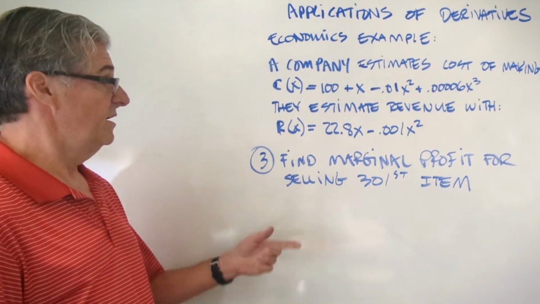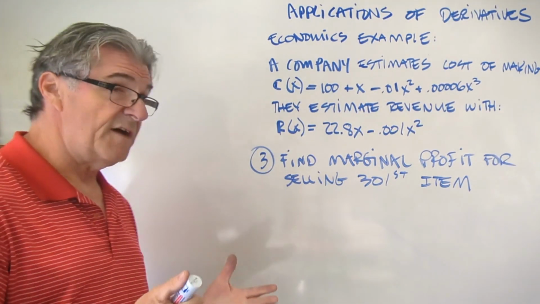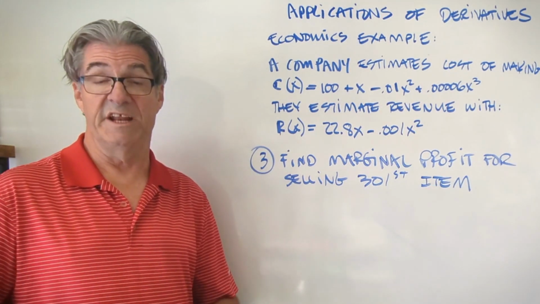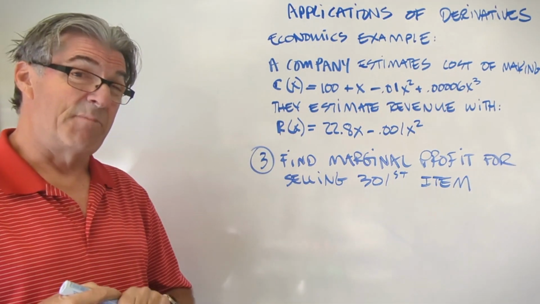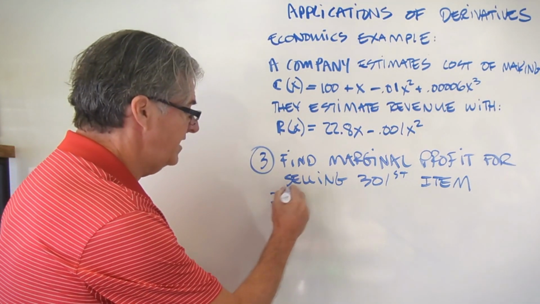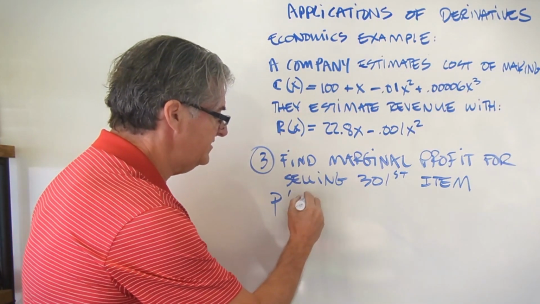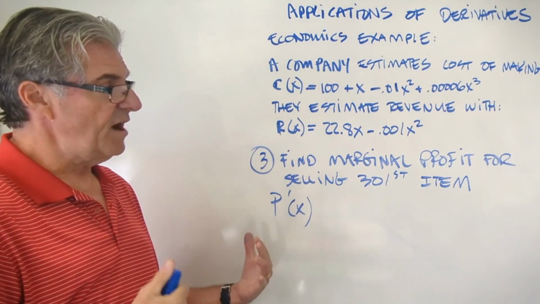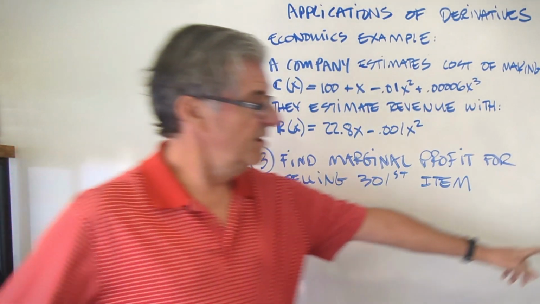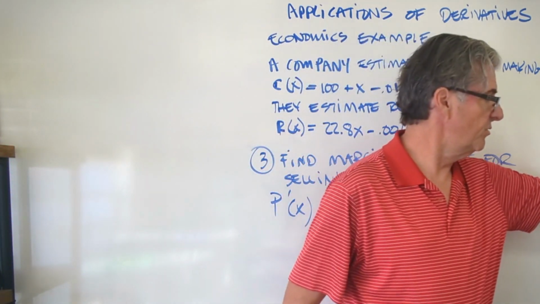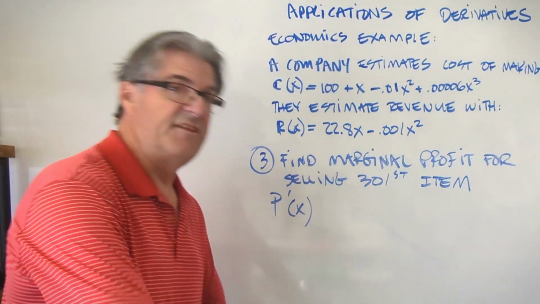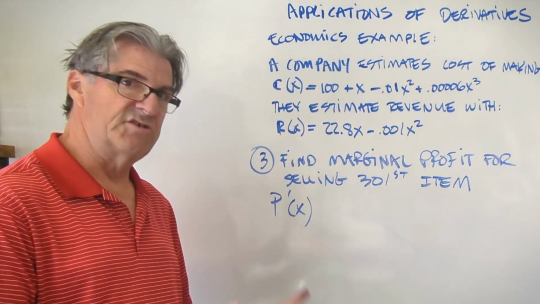Next prompt, find the marginal profit for selling that 301st item. So what we're going to need to do is get the marginal profit function. That's P prime of X. I see two ways to do that. You could figure out the straight up profit function from over here, just combining the revenue and the cost functions. That would give you the straight up profit function, and then take the derivative of that for the marginal profit